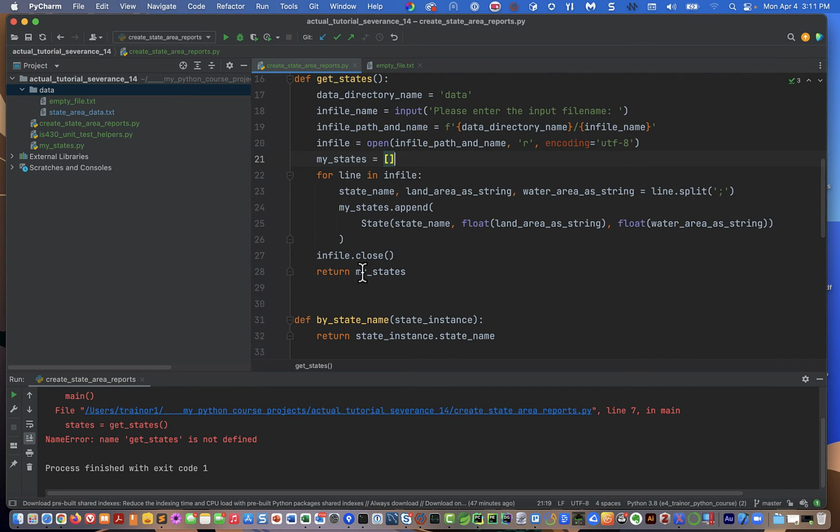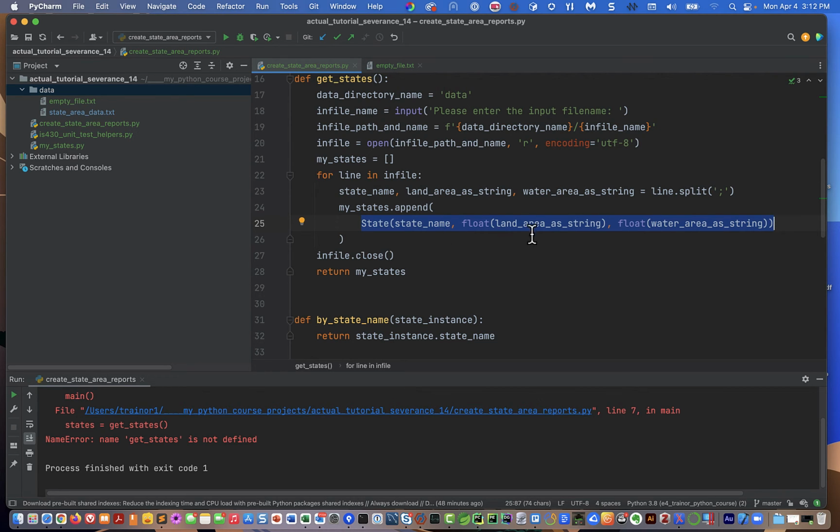So for each line in the in file, we split it and we get back state name, land area as a string, water area as a string, and then we call the state constructor,